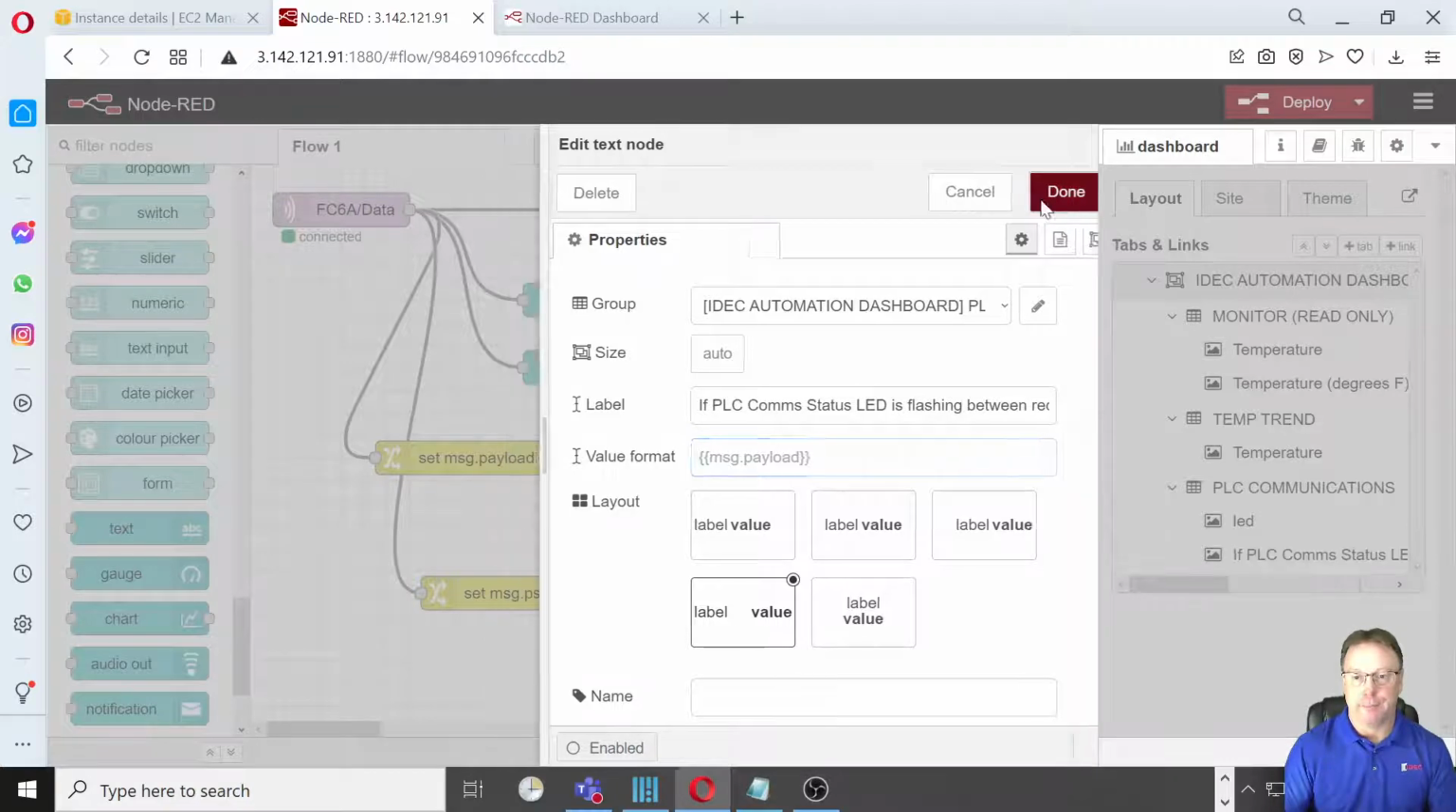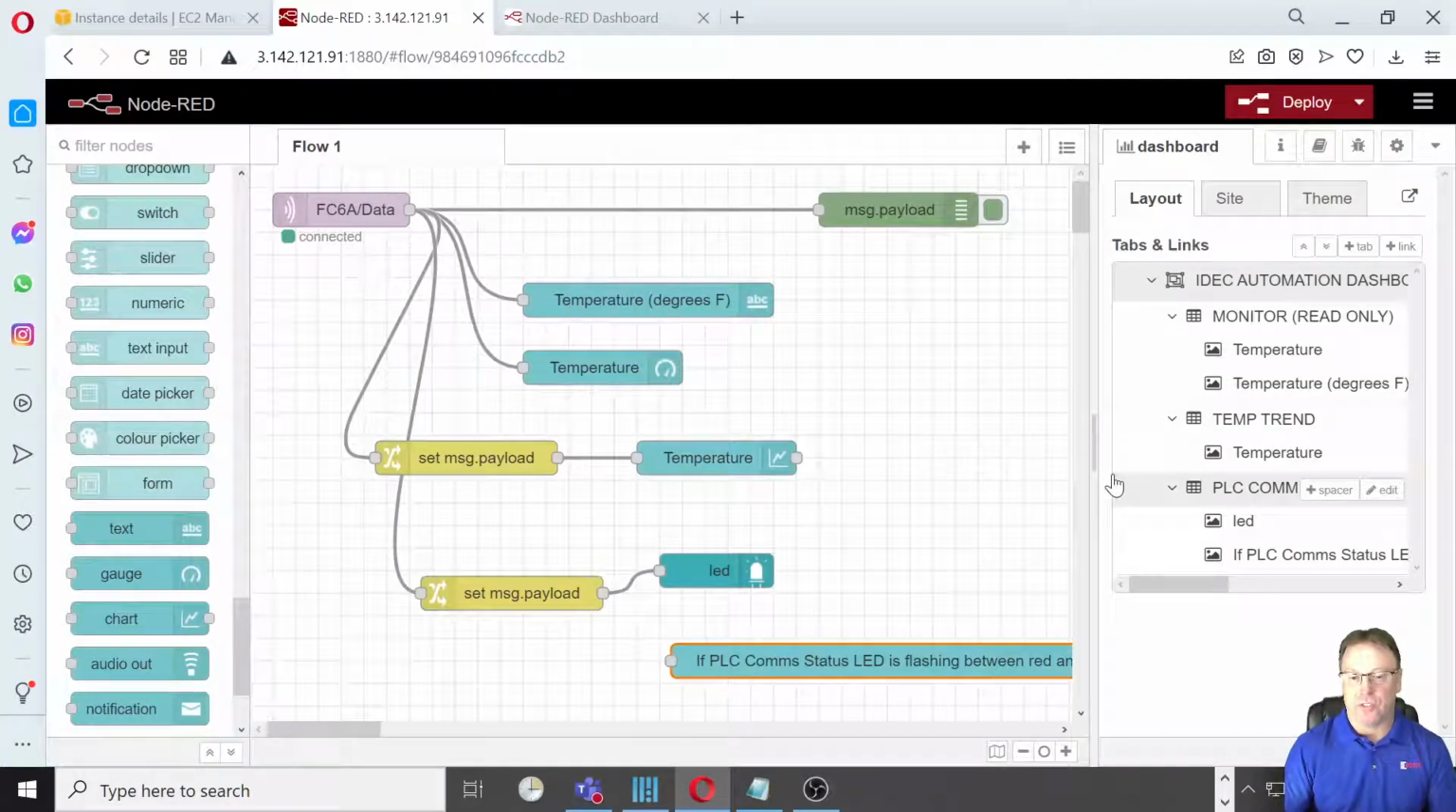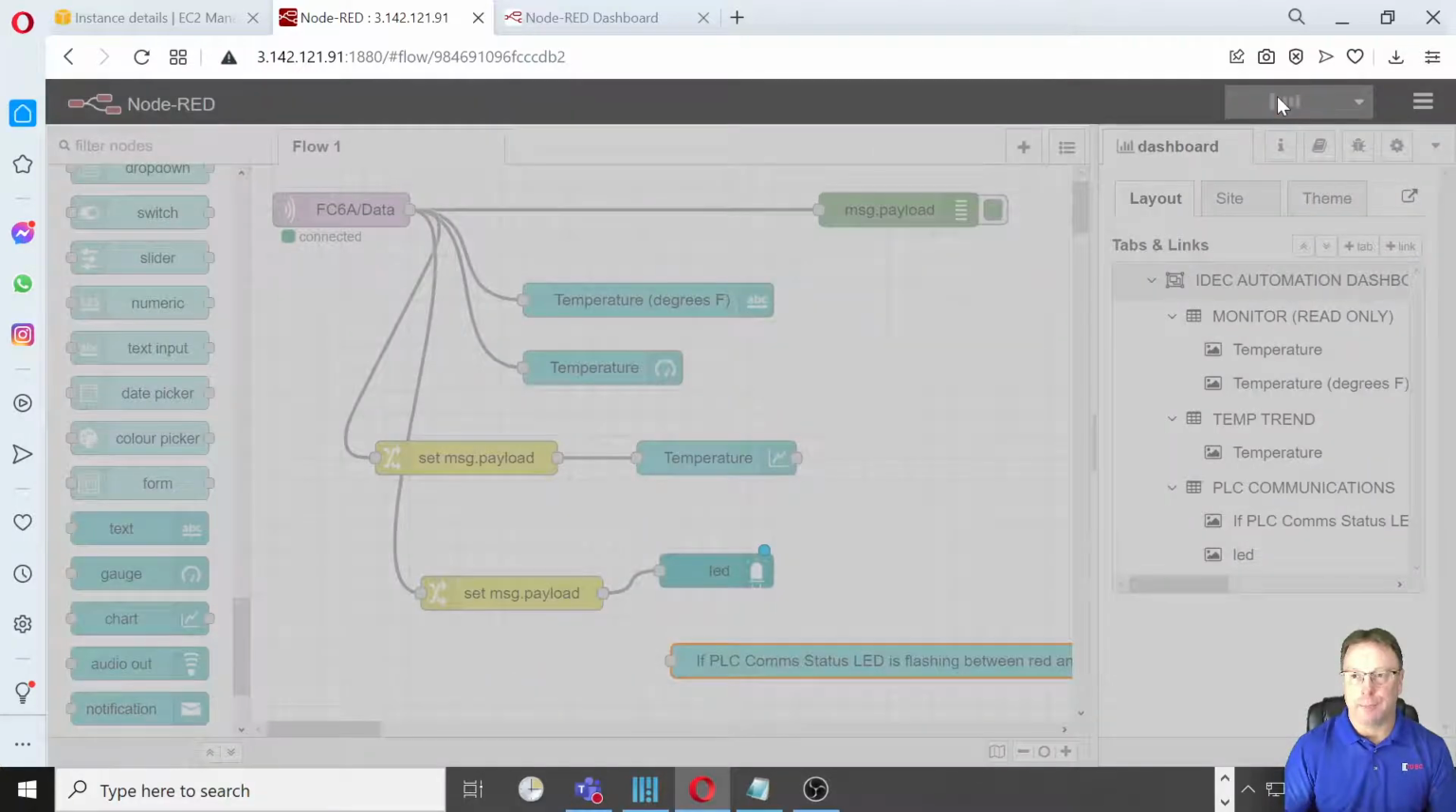If I click done, now we'll see here in the PLC comm status in the dashboard section of Node-RED, I can see that LED, I can see this static text as well. And I'll probably go ahead and put this text before the LED. So I'll just change the positions of it there. Okay, just drag it up. Now if I hit deploy,